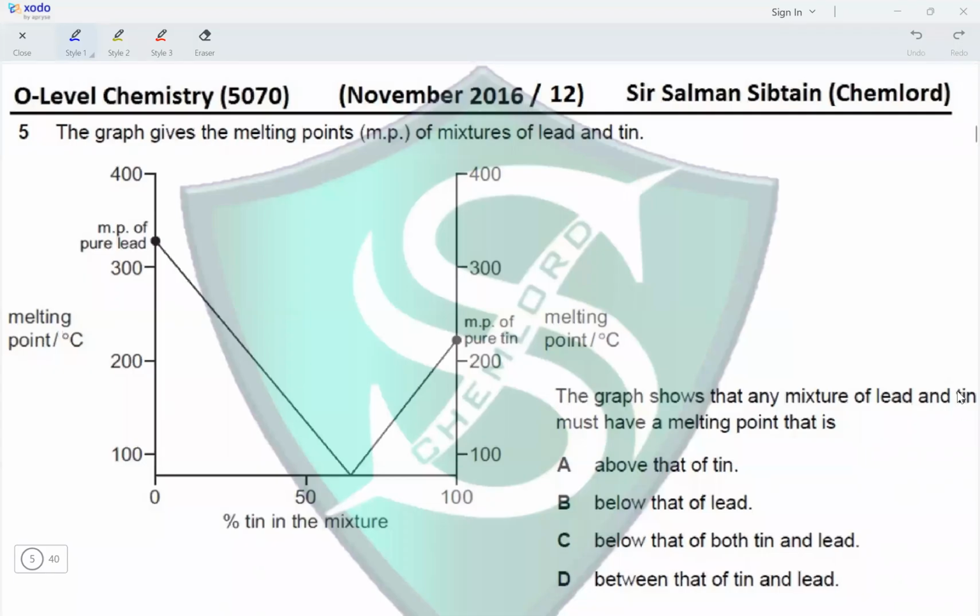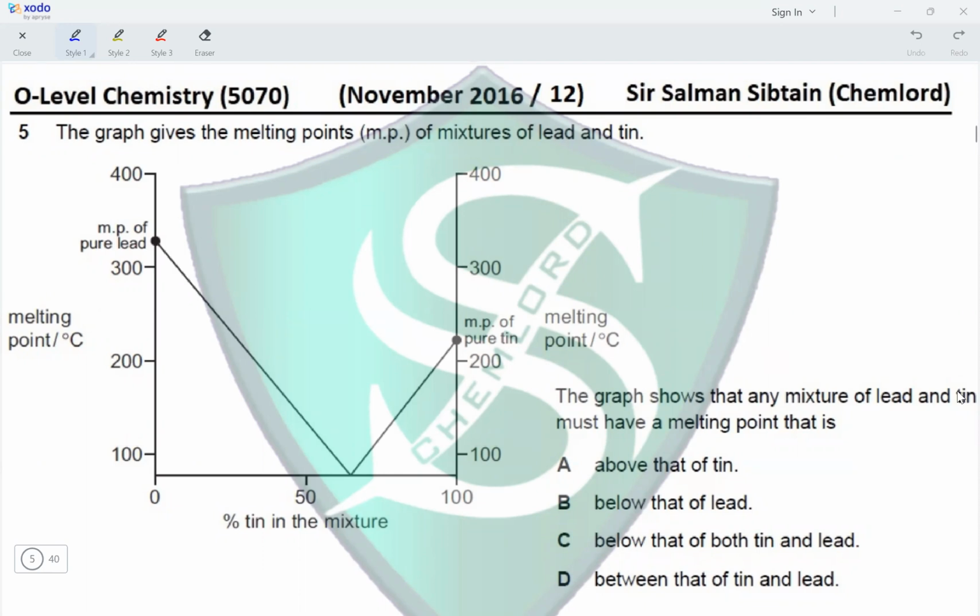Question 5. The graph gives the melting point of mixtures of lead and tin. On the left, we have the melting point of pure lead. On the right, we have the melting point of pure tin. And in between, we have percentages of lead and tin that have been mixed together. Okay, so the graph shows that any mixture of lead and tin must have a melting point that is